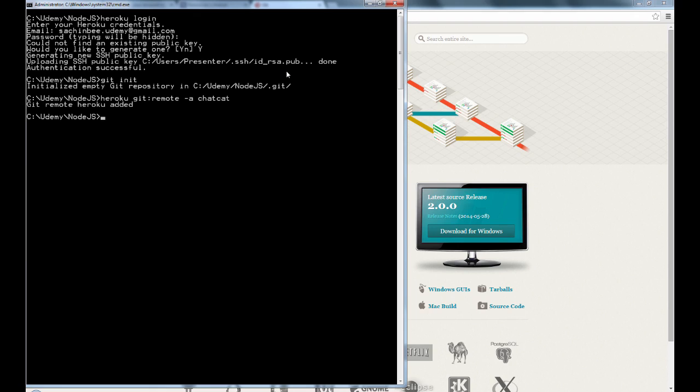You can verify the remote reference by doing a git remote -v, and this will tell you that for fetching files and for pushing files the server is going to use git@heroku.com:chatcat.git.